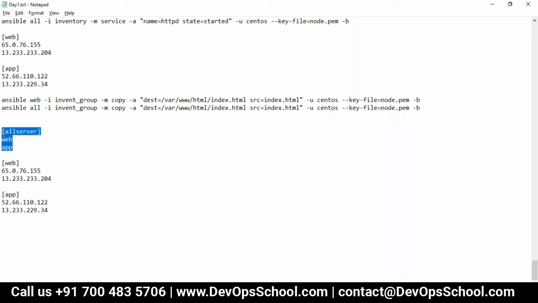To make this a group of group, what you need to do is make it children. This is a special syntax, you have to add it. The moment you add this special syntax to any group, it will become a group of group, and this will represent web and this will represent app.